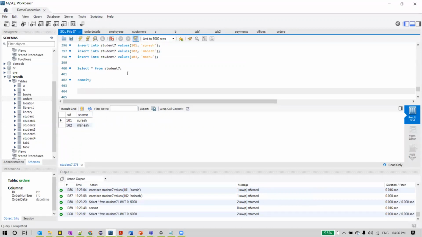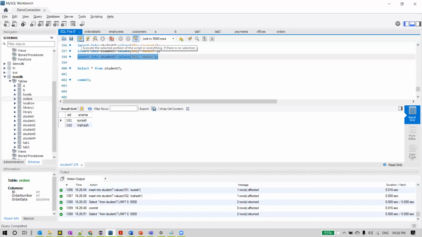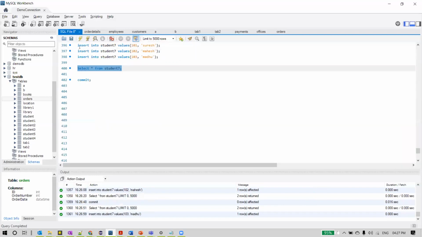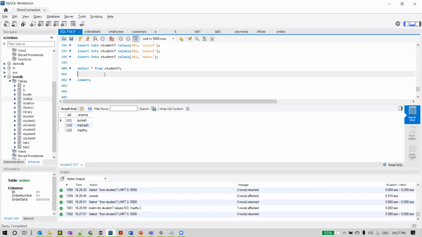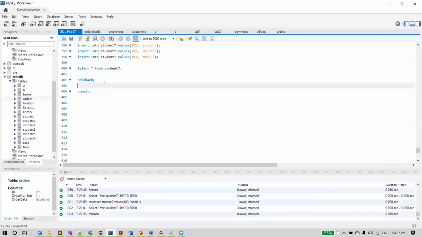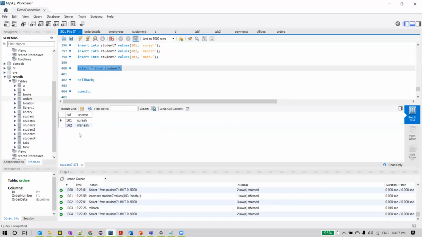Now what we'll do is insert a third row into this table, and you can see the third row got inserted fine, but I didn't want this record to be inserted. By mistake I inserted this record. Now I want to roll back this. Remember, I didn't commit this insert of the third row into the database. Now I can revert the change using the rollback command. So see here, I did rollback and you can see it now doesn't have the third record.